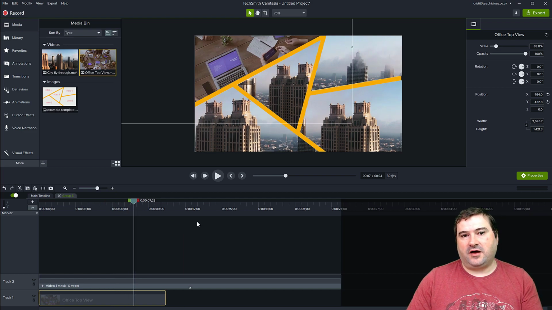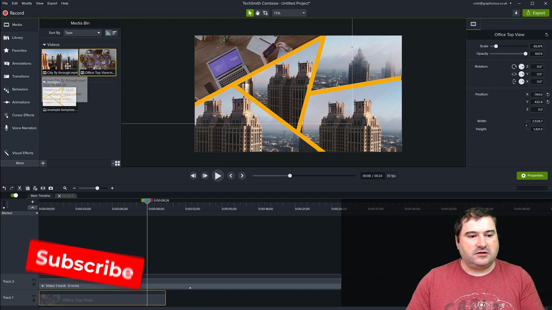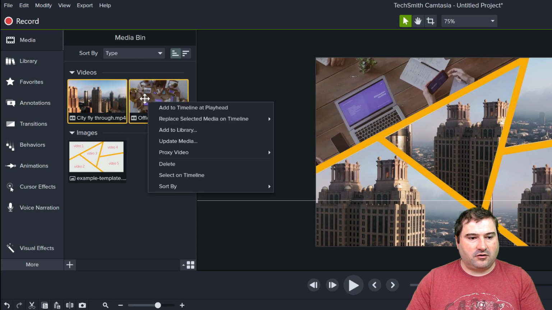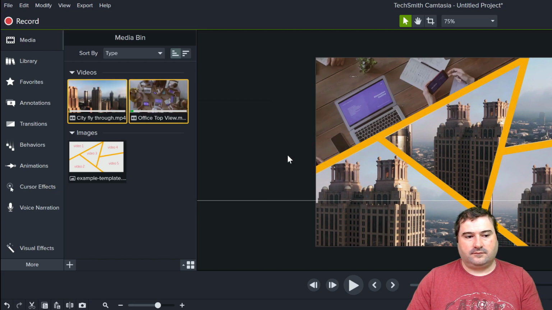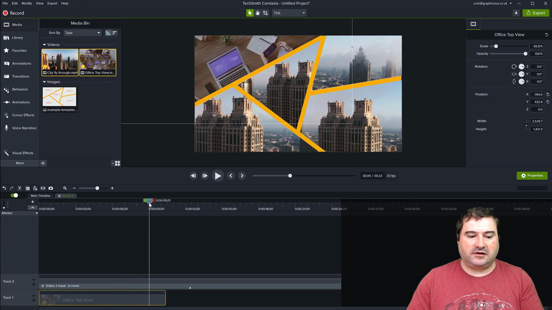It actually helps if you have Camtasia 2021. It helps to create proxies from these video clips when you're editing, because it's actually much faster. As you can see here, I'm playing back, and sometimes I need to wait for a little bit for it to refresh and recreate. So you just right click on the video clips, select them all in the media bin, right click on them and say proxy video, create proxy video. That might take a minute for them to create the proxy video, but after you do that, you're going to notice that all the videos are going to actually play much faster on your timeline like this.